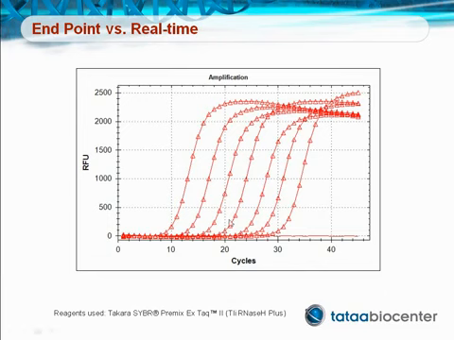In the graph, the y-axis indicates the fluorescence from the bound dye, and the x-axis indicates the number of PCR cycles. The data shown is a 10-fold serial dilution covering 7 logs of concentration. The more concentrated the sample, the earlier the fluorescence appears. Comparing the samples after a certain number of PCR cycles,